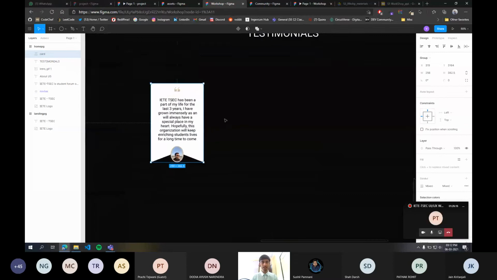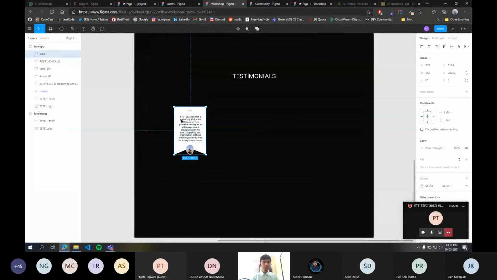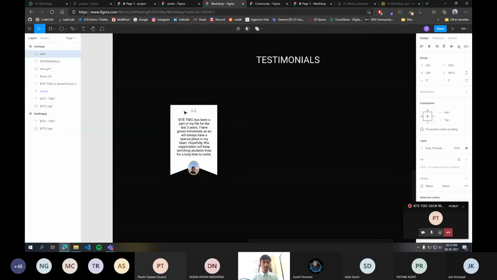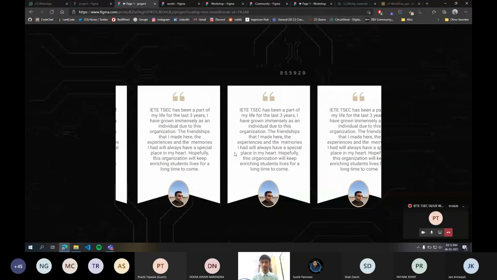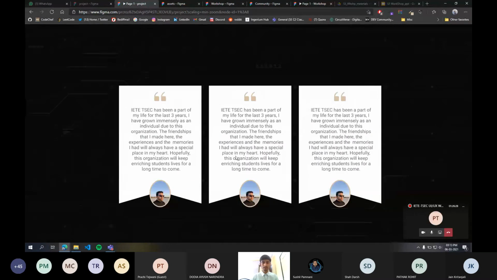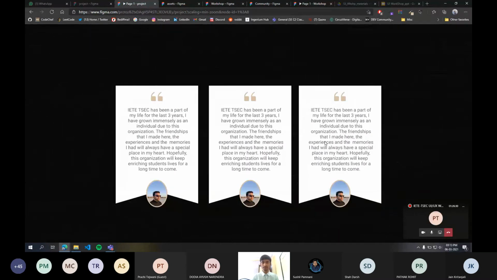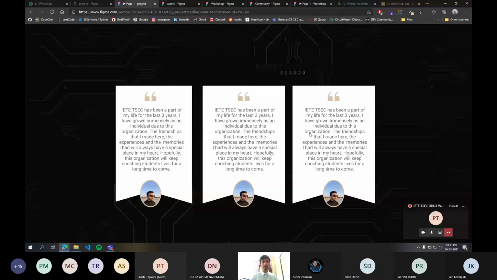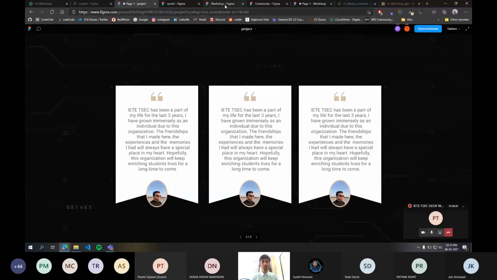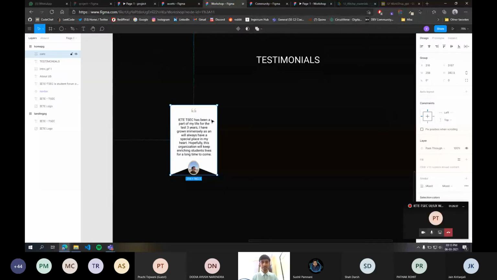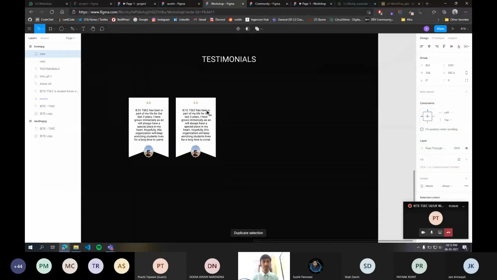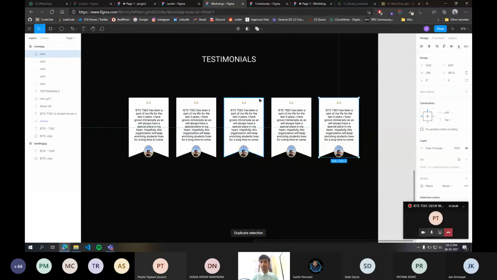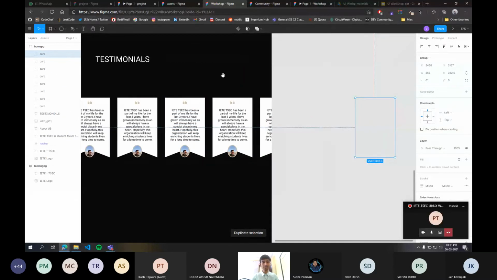Okay, so I'll redo this entire thing again. Up till the card, everyone understood, right? So now in our prototype, you can see that these cards are scrolling. They are inside of a scrollable frame. So for that to happen, what you have to do is we'll just duplicate these cards first of all. Since this is just an example, I won't be changing the SCOM image again and again. We'll duplicate these cards multiple times.